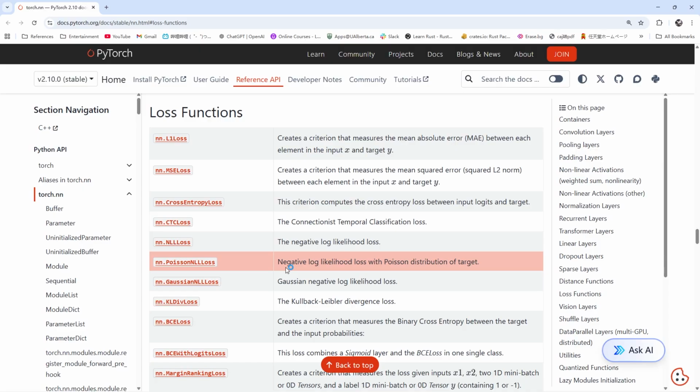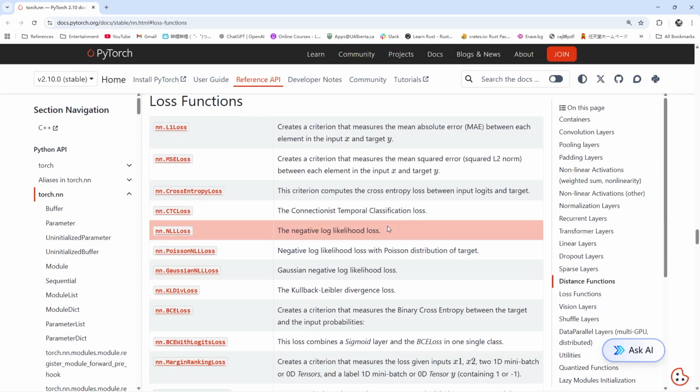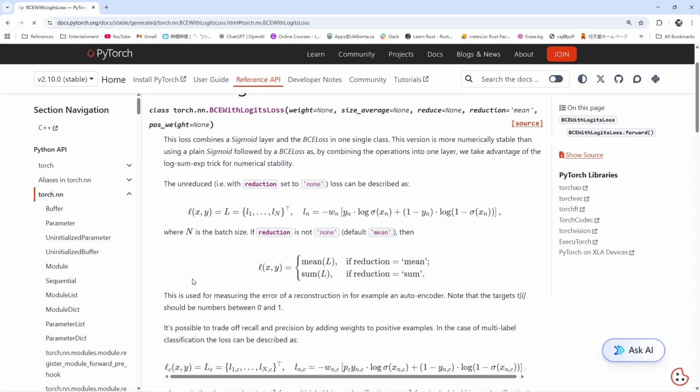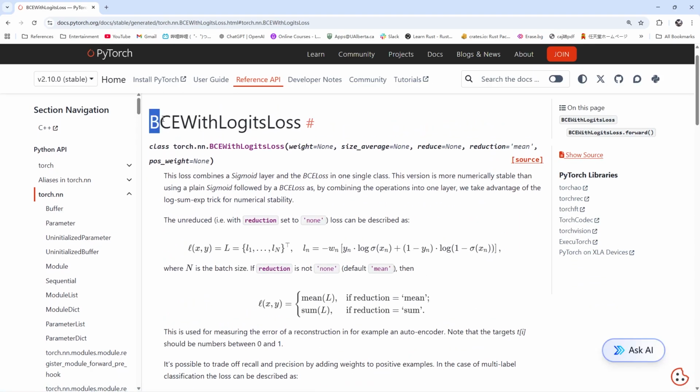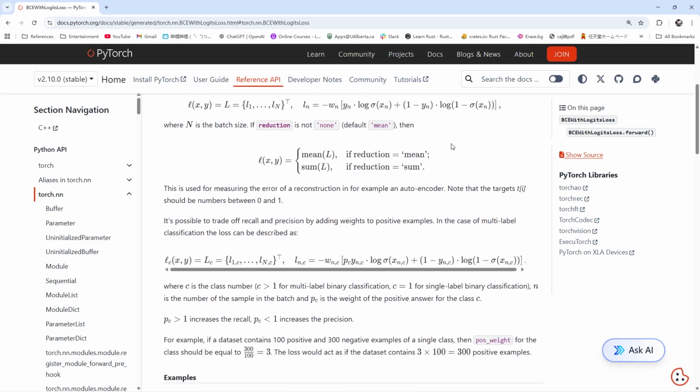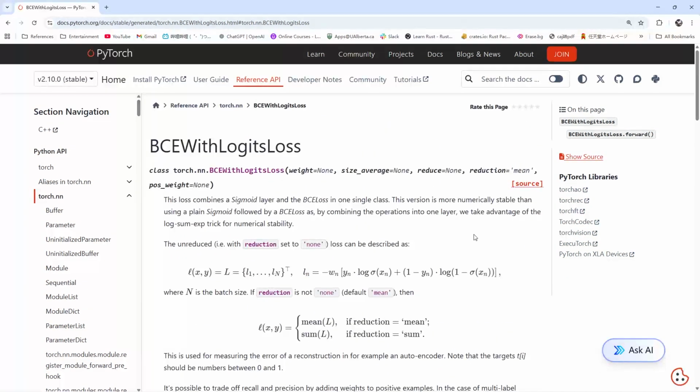Here, our task is actually a binary classification task, so we just need to pick the BCEWithLogitsLoss as our loss function. If you're interested in the exact mathematical process, you can check the documentation. But for now, I think we can skip the details because our main goal is to learn the idea of deep learning. You just need to know that we pick it as our loss function to calculate the loss.